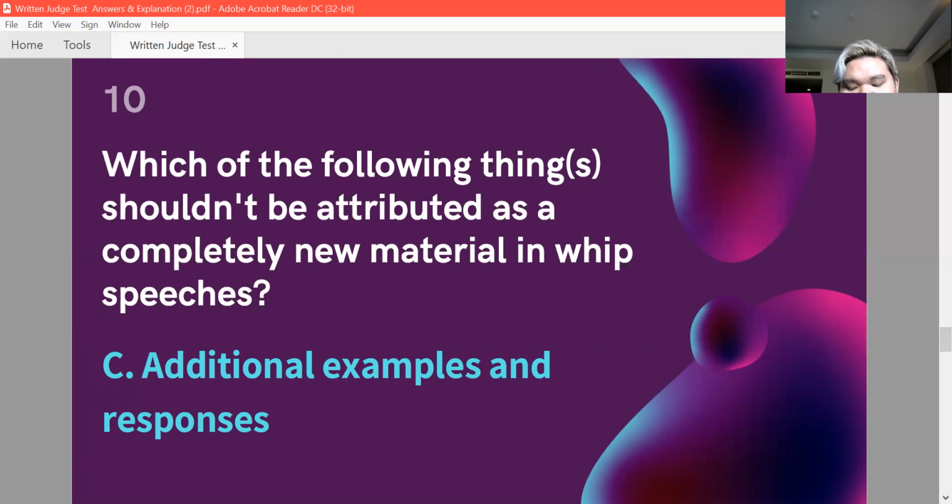option A is unfair because new actors can literally change the entire direction of the debate, and it's unfair for them to suddenly come up in the whip speech. B, new principle analysis. Again, a new principle could also manifest into a different direction of the debate. Unfair also to the other team because they are unable to respond to that. New conclusion and manifestation and impact could also result in a different outcome, which means also a different direction of the debate. So what you